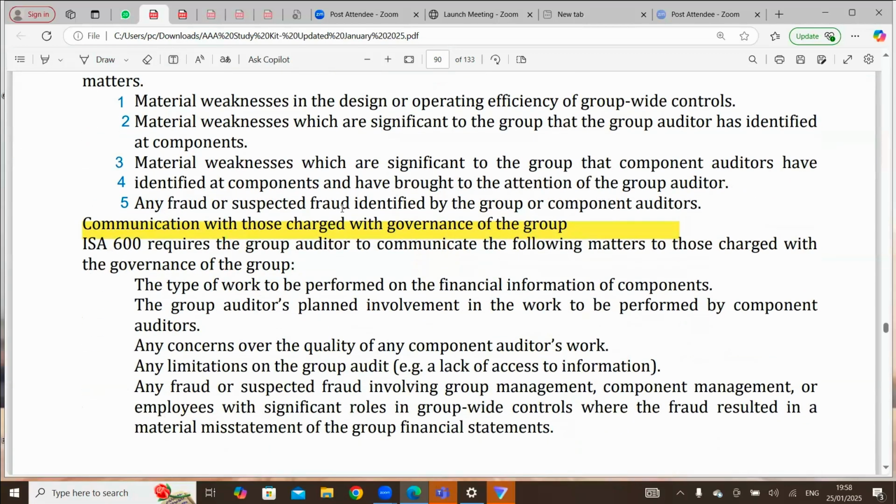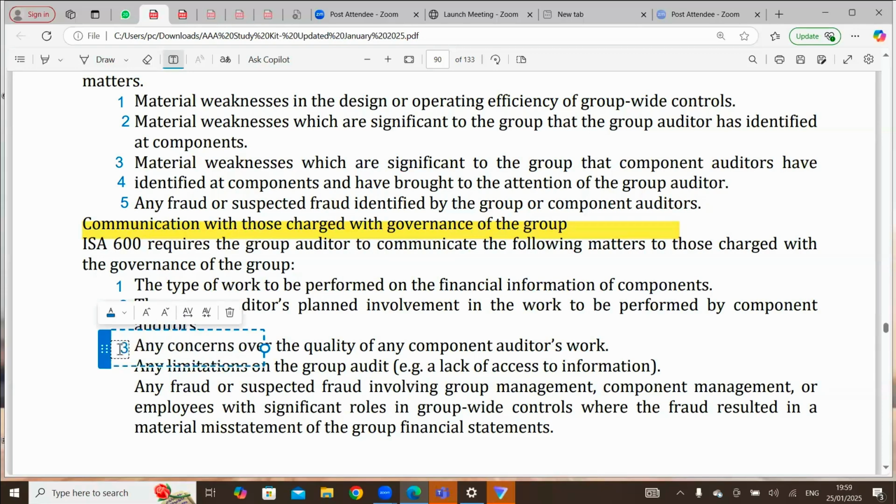The last part of the chapter is now communicating with those charged with governance of the group. ISA 600 now requires the group auditor to communicate with those charged with governance. And what's supposed to be communicated? Number one is the type of work performed on the financial component. Number two is the group auditor's planned involvement in the work of the component auditor. Any other